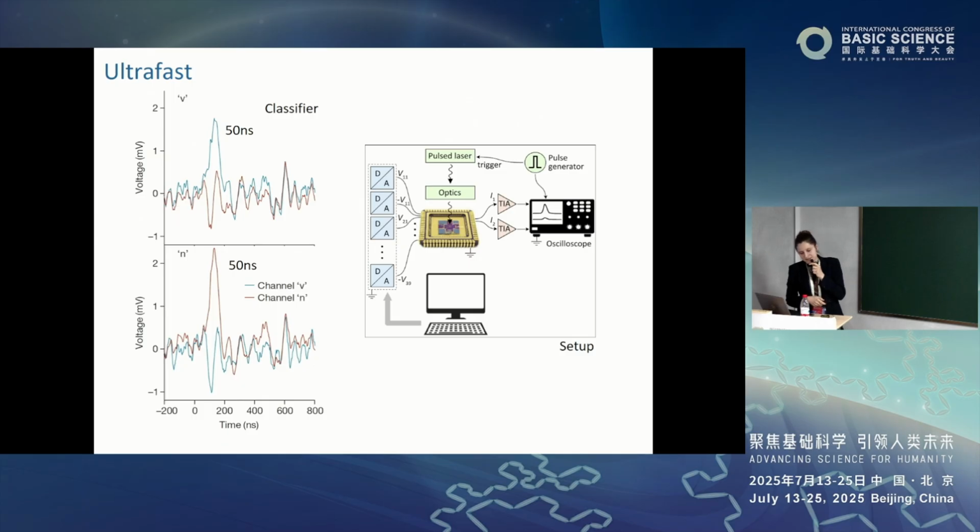Okay, so why is it ultra fast? The only limit to how fast the correct channel is chosen when we project the letter onto it is the generation of electrons when we shine light onto a material. In this case, it's 50 nanometers, but that was basically the speed at which we were projecting images with a laser. We had a chopper chopping the laser, and basically it's the resolution of how fast